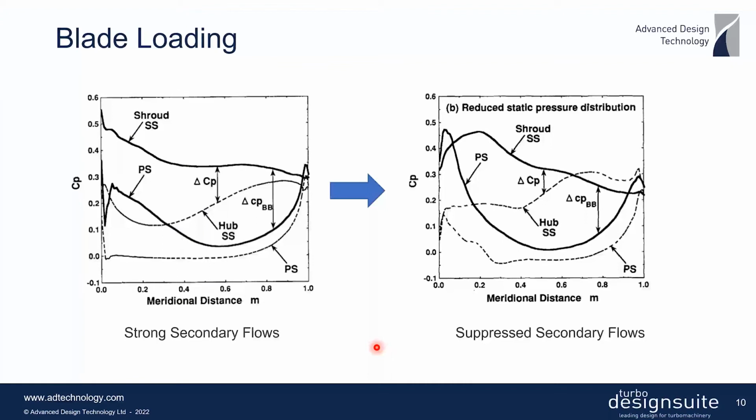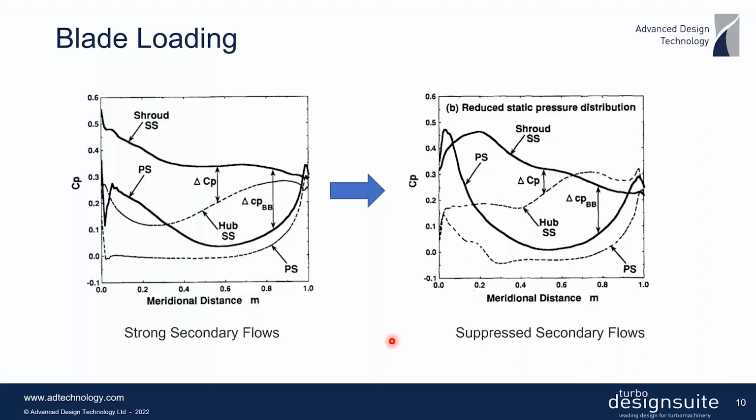And then by using an appropriate choice of blade loading, what you can see they have done here is that by reducing the gap in this aft part of the shroud here and increasing it in the fore part, and the opposite, that is increasing it in the aft part of the hub here and then reducing it in the fore part, we actually then close this gap that is driving the secondary flow. And as we can see, that the gap is reduced, and as a result, we can actually reduce the secondary